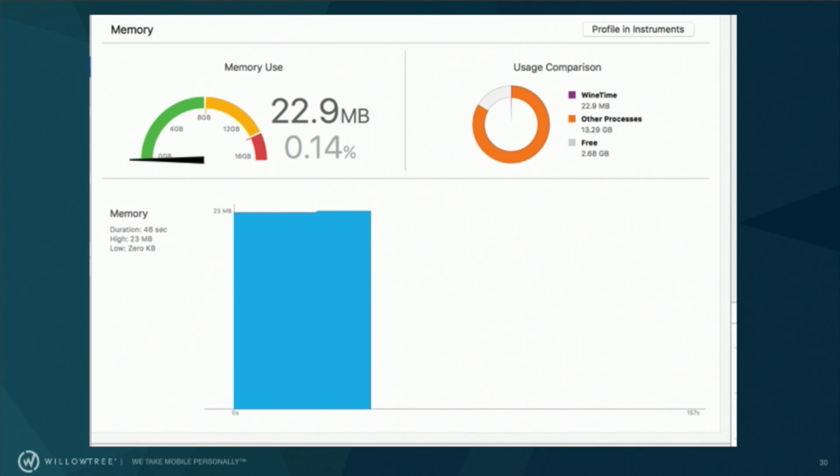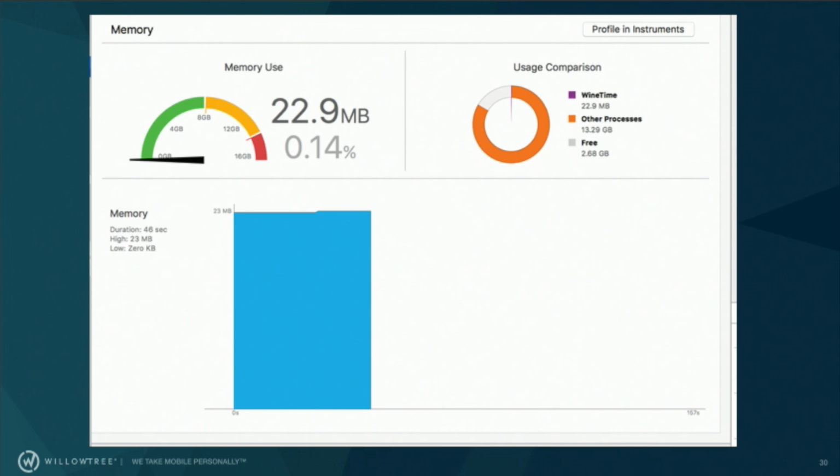Over here, usage comparison compares how much space your app is using to other processes on the phone. And then down here, this is really helpful because this compares the processes on your app to all of the other processes that are running on that app. So this builds gradually as you use the app, and it's all in relation to itself. So here it looks really high, but this is just starting off.